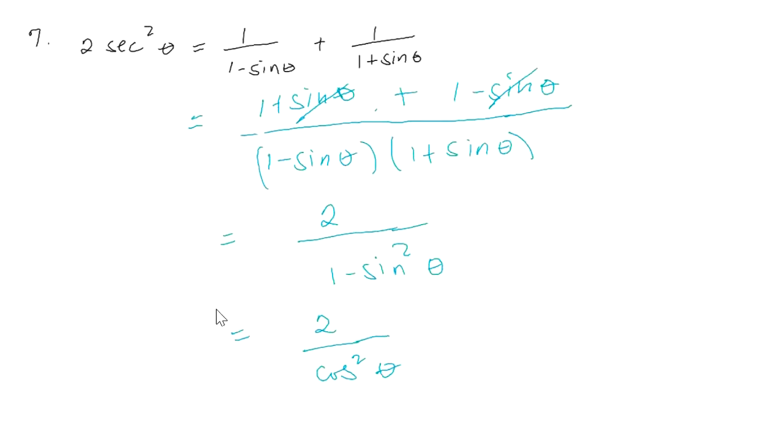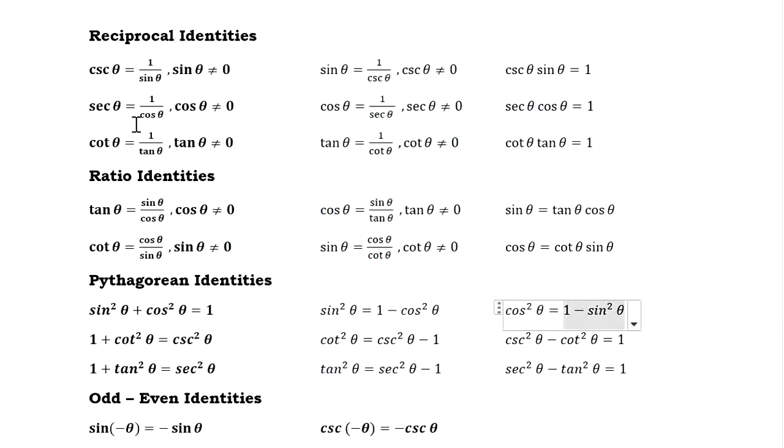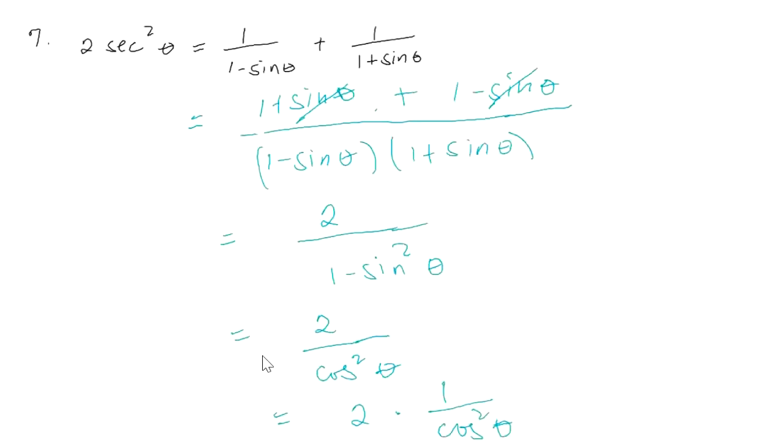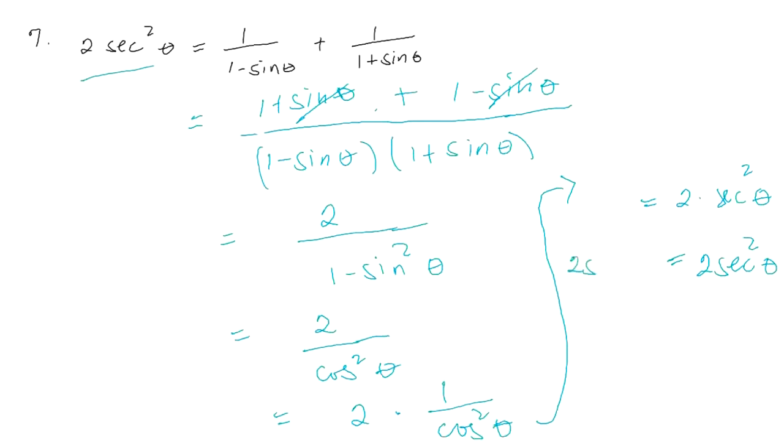And, pag ganito na ang ating expression, pwede ko yan i-convert into this one. Kasi we all know that pwede ko yan maging 2 times 1 over cosine squared theta. Ang 1 over cosine squared theta, same lang yan as secant squared theta. So, palitan natin siya. Proceed tayo dito. That is equal to 2 times secant squared theta. And yun, secant squared theta, same na siya as this one. So, we prove that we have